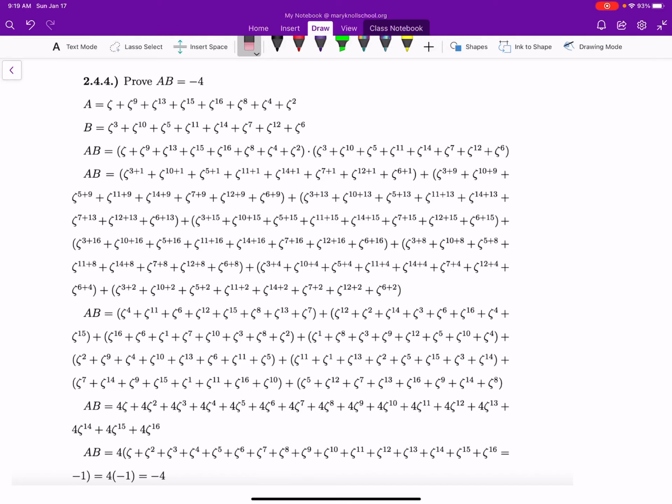2.4.4, we need to prove that AB is -4. If you go to page 31, you'll find out that if you do s to the first plus s to the second plus s to the third, etc., all the way to s to the 16th, you'll get -1. So we use that fact to simplify this. Also, we use distribution, and